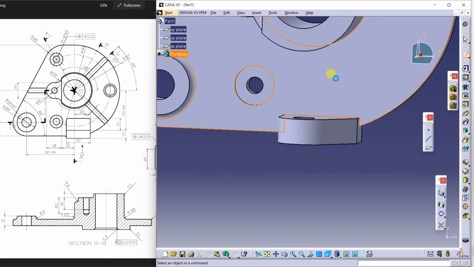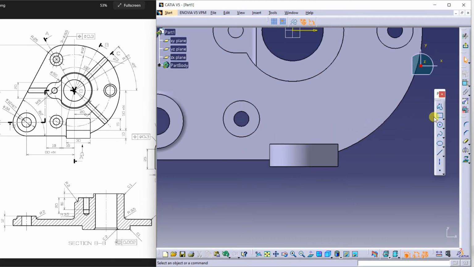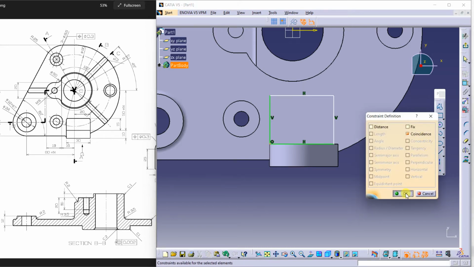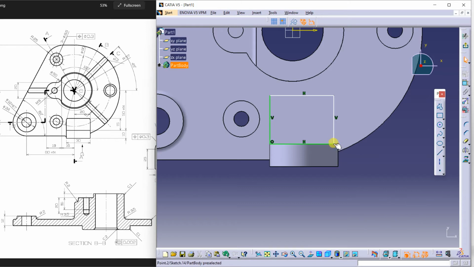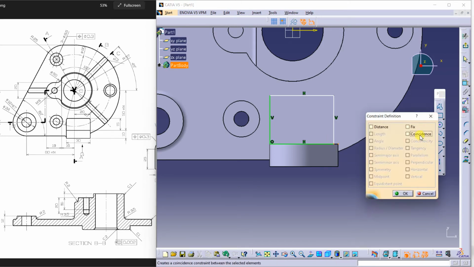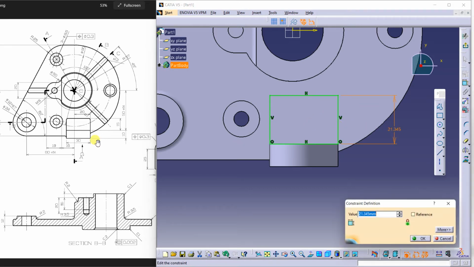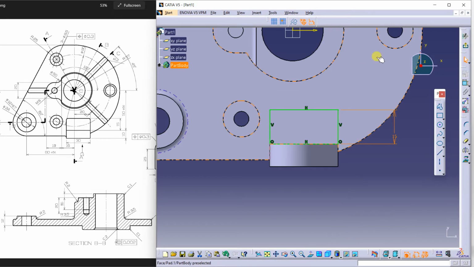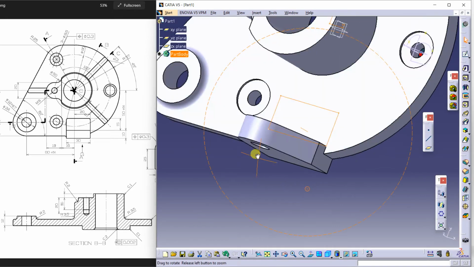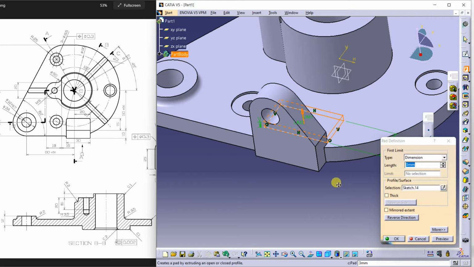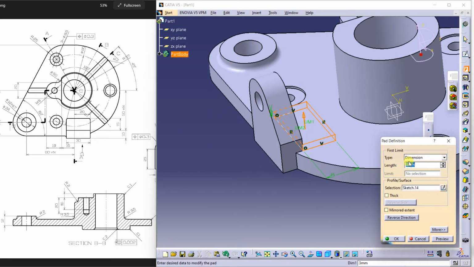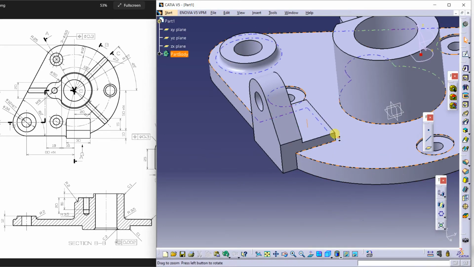Now the rest I'm going to create with this and draw a rectangle, and make this point and this coincident, again make them coincident and click. This gap is 15, 15, exit and extrude this 8 plus 4, 12. Okay,